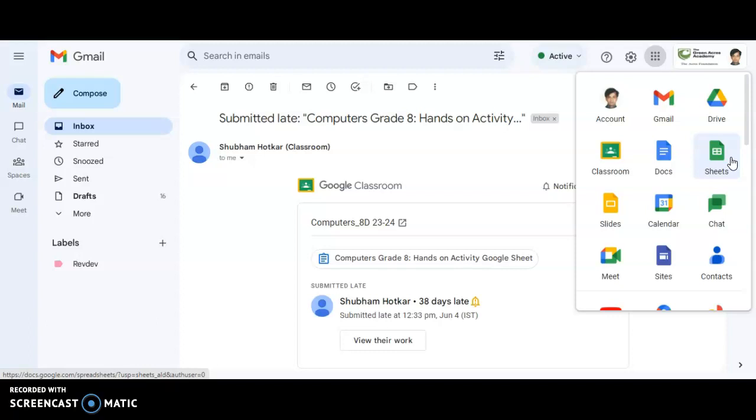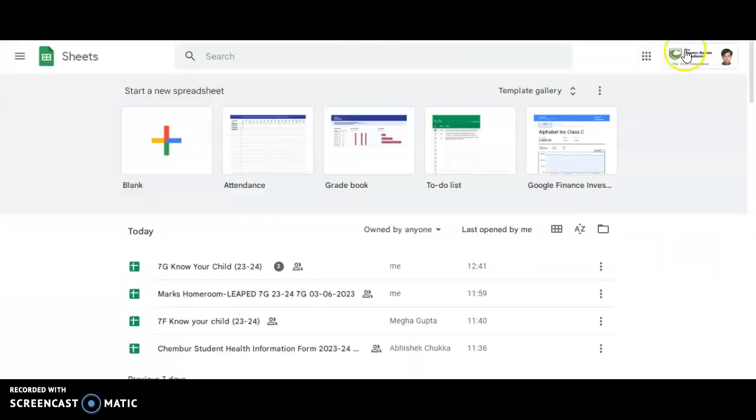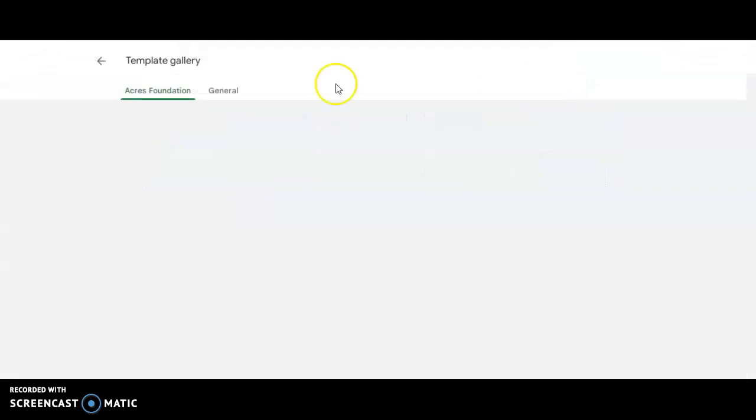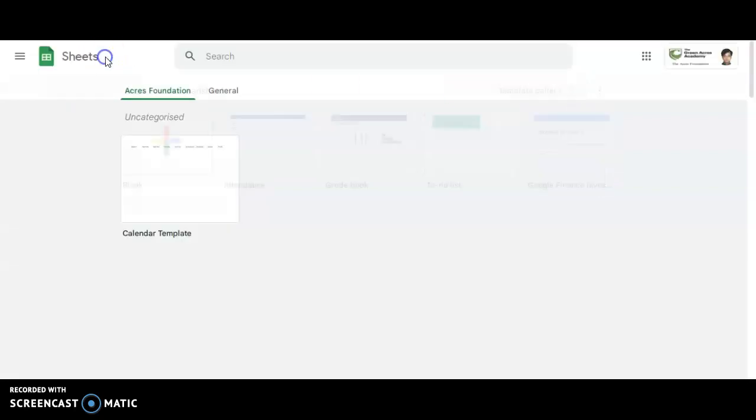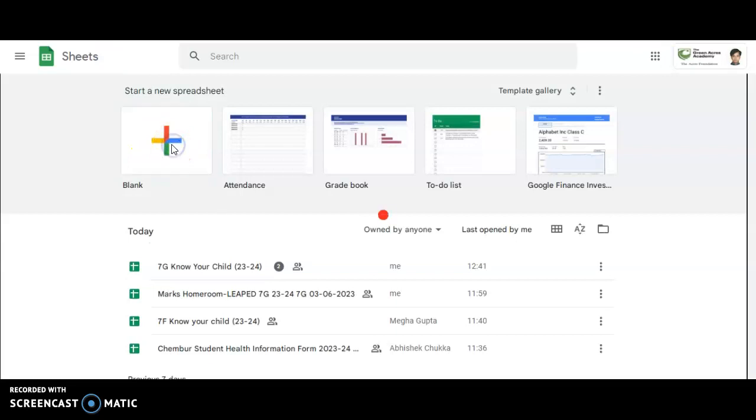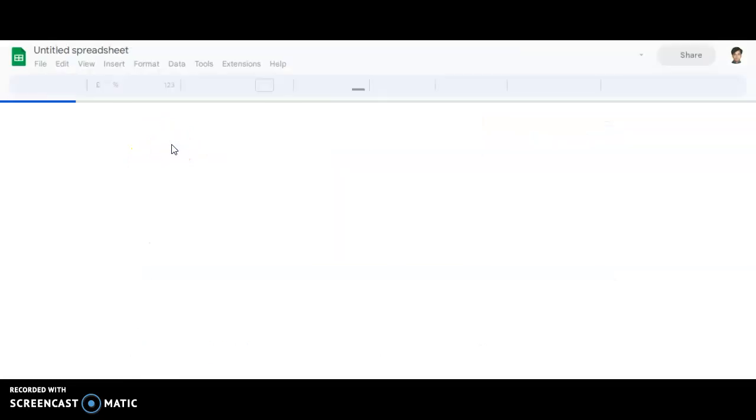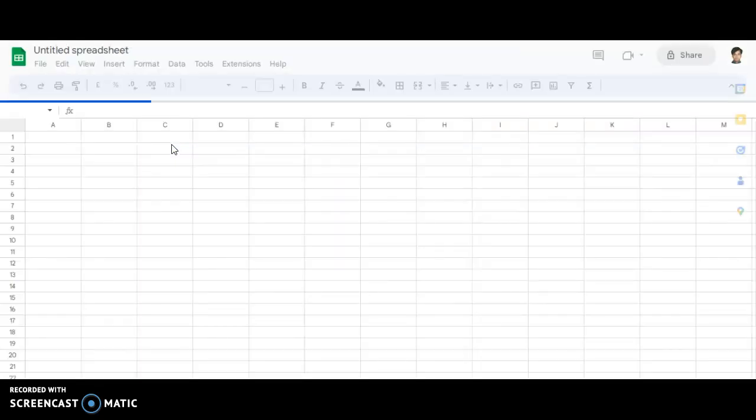see Sheets. As soon as I click on this particular part, you will be able to see an interface like this. This is the symbol of Sheets. Over here clearly it is written Sheets, and we are getting different templates. We won't be going for different templates, but instead we will be clicking on the blank part. As soon as I click on the blank part, the user interface that you are able to see right now